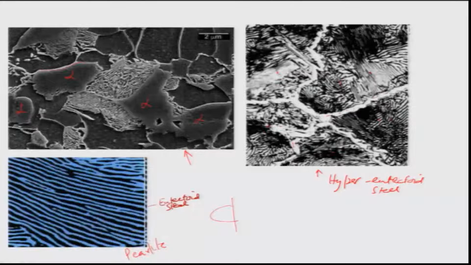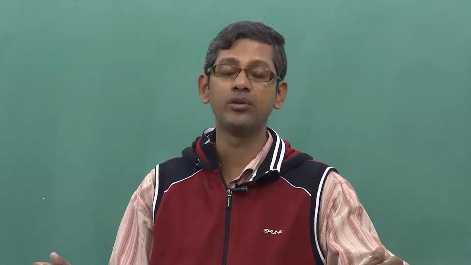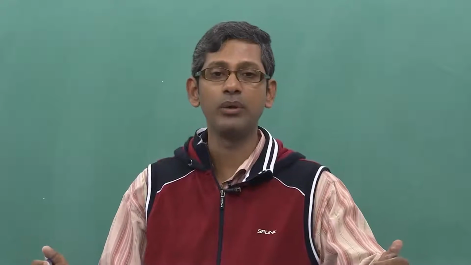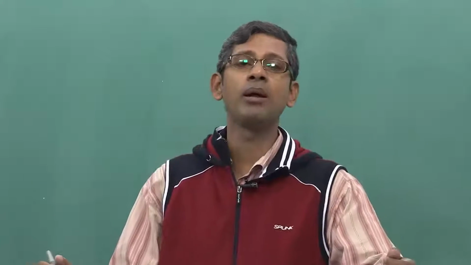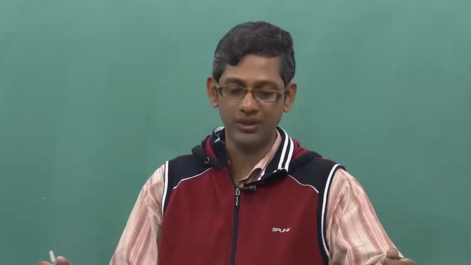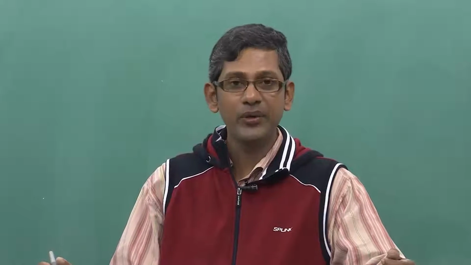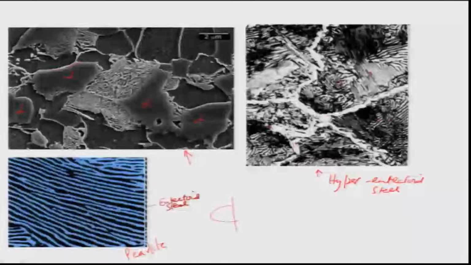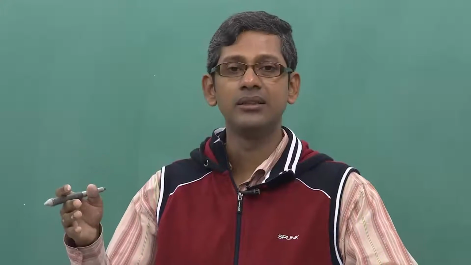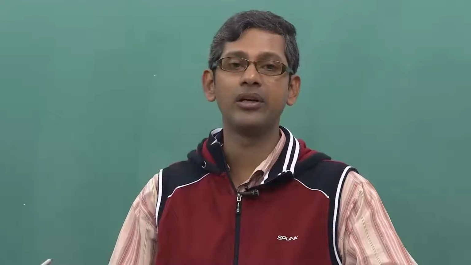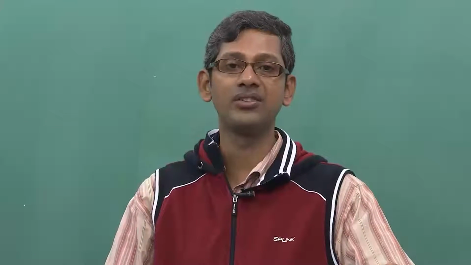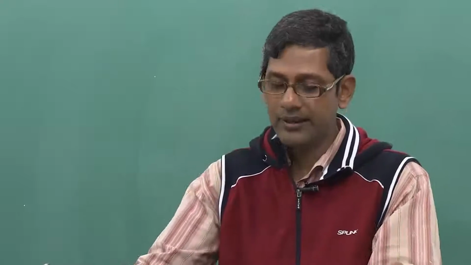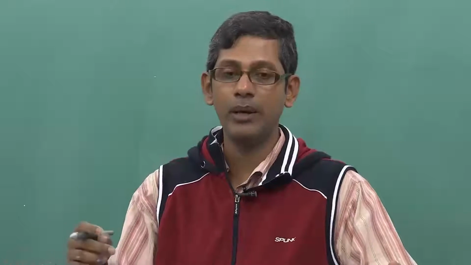Remember, the majority of the steels in this world are actually hypoeutectoid steels, with 0.3, 0.4, 0.5% carbon, or even less, 0.1, but a very small amount of the steels in use are hypereutectoid steels. Because hypereutectoid steels have primary cementite present, these steels are very brittle but very strong. All our knives, cutlery, even blades are made of hypereutectoid steel. Shaving blades, which have a very thin edge, are made of hypereutectoid steels. Okay, so that is the important thing about hypereutectoid steel.